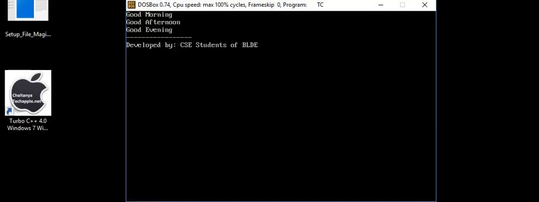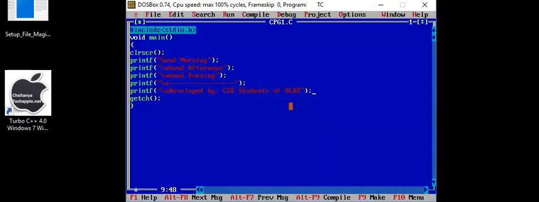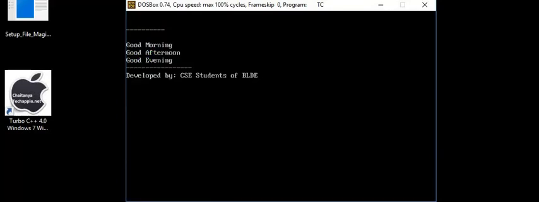Oh nice. This is what we call application software. We developed one app which displays the message. I hope you have understood. And here you can write the program like this. Here only good morning is there. Here what I do, I go for \n, then a line, \n. Now run the program. \n, line \n, good morning, good afternoon, good evening. This is a C program to display the message.